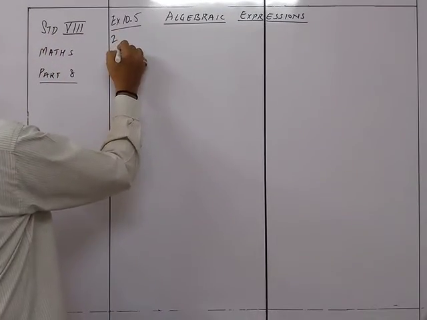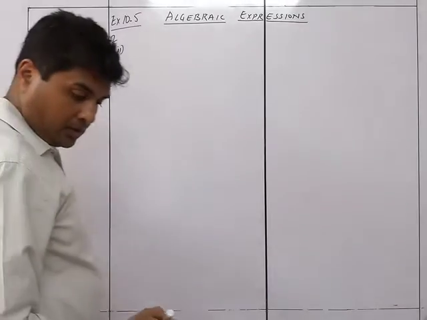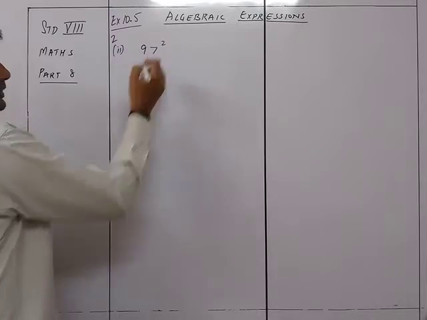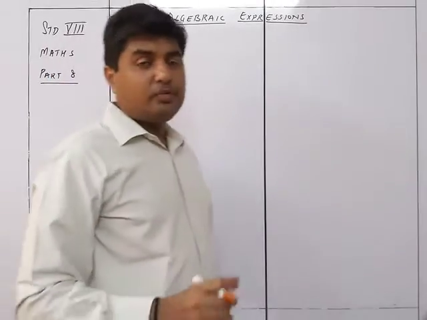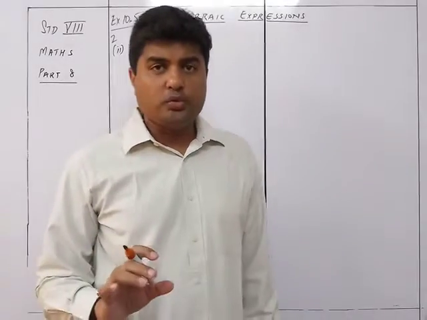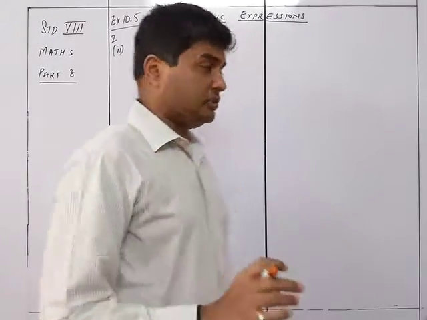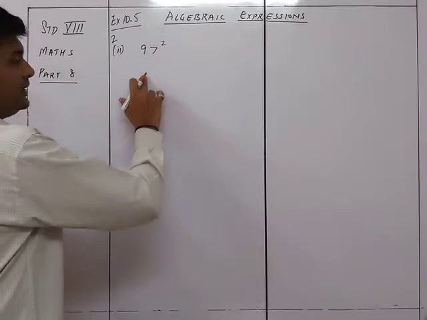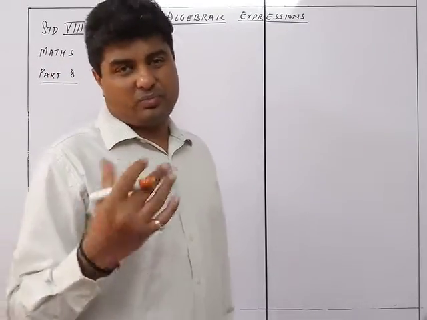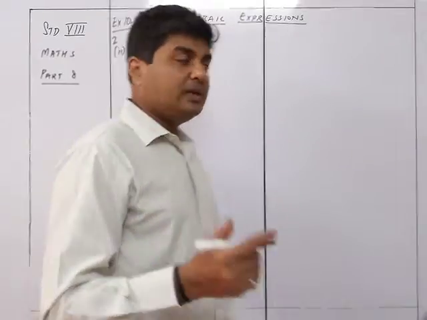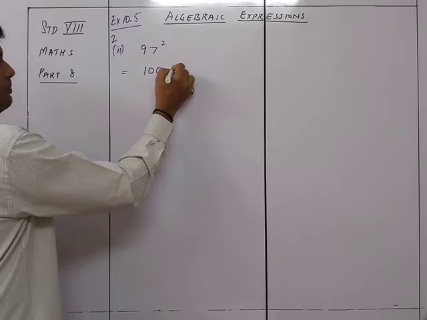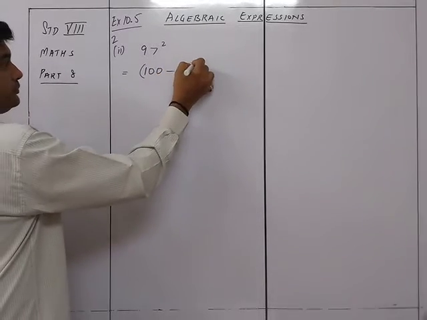So sum number second ka second, 97 square. Now whenever you have such a sum, you are not multiplying 97 by 97. No ways, you cannot do that thing. Here you have got two options. Either one is 90 plus 7 the whole square, but here 90 ka square ho sakta hai, difficult ho. But otherwise, easier part will be this is nothing but 100 minus 3 the whole square.